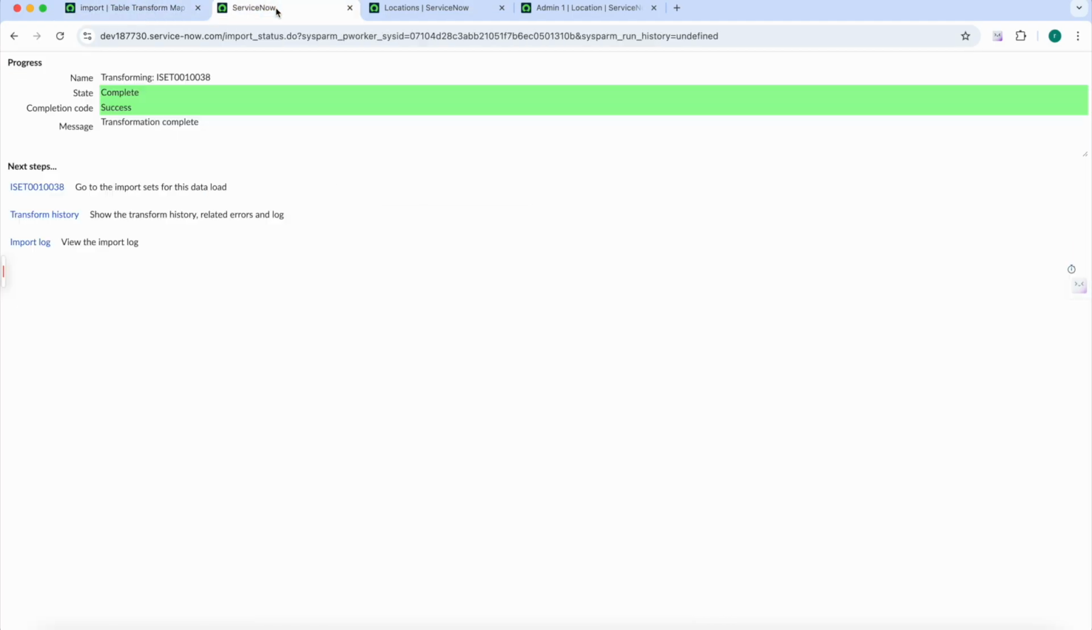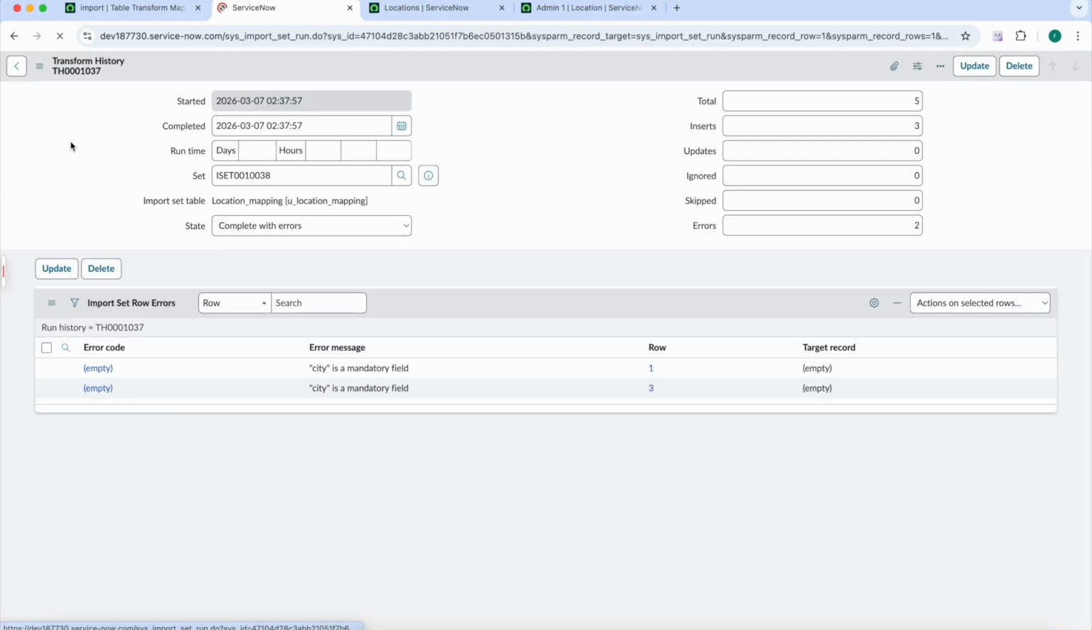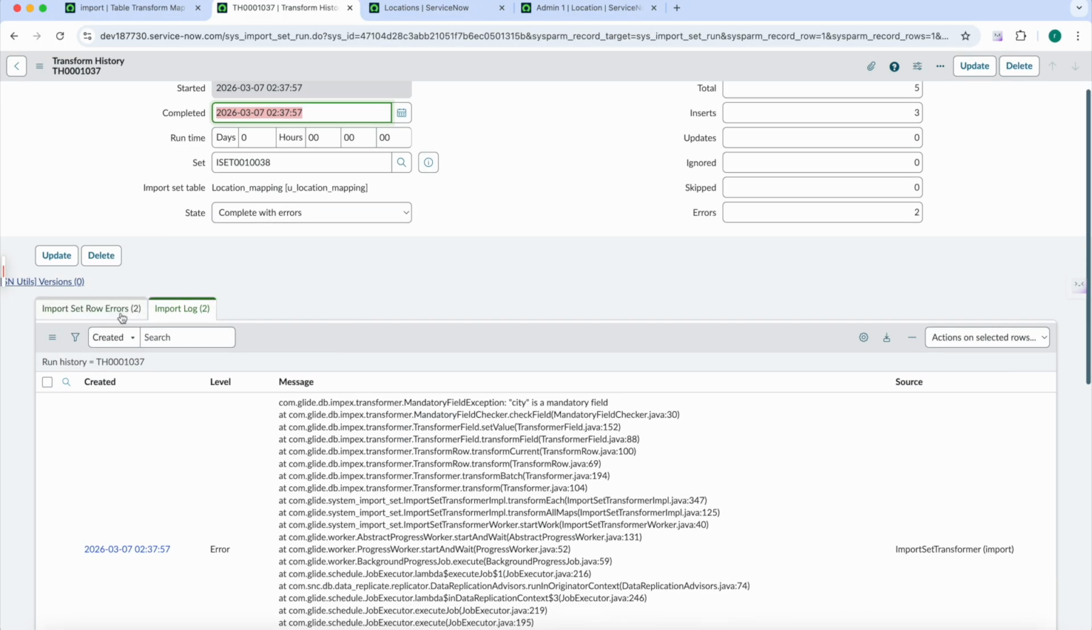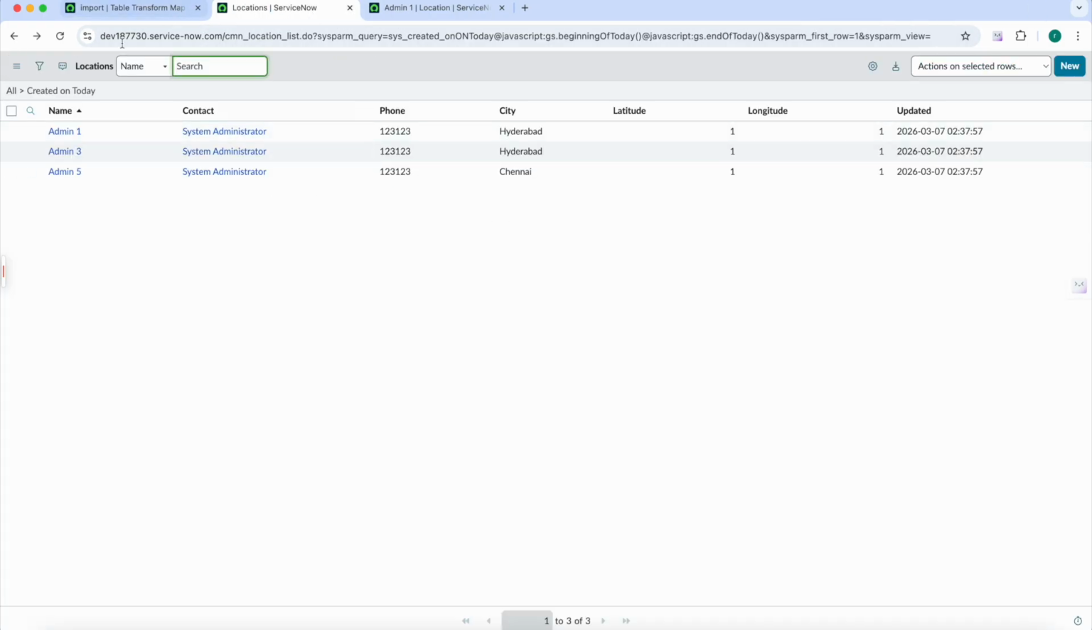So if I go back here and see the transform history, see it is showing me complete with errors, and if I open this import set row errors, see row 1 and row 3, city is a mandatory field. The error message is city is a mandatory field. So this is one option, and